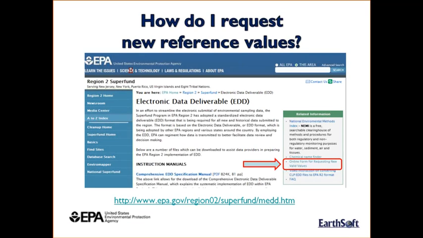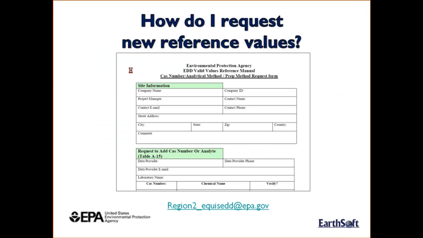Download this form, fill it out, email it to the email address at the bottom of the screen, and you will receive a confirmation that either it was accepted or the specific value you should use in its place. Now, this screen capture just shows a small section. There's a whole bunch of specific sections there. This one's CAS number, analyte, but there's also obviously methods and all sorts of additional reference values